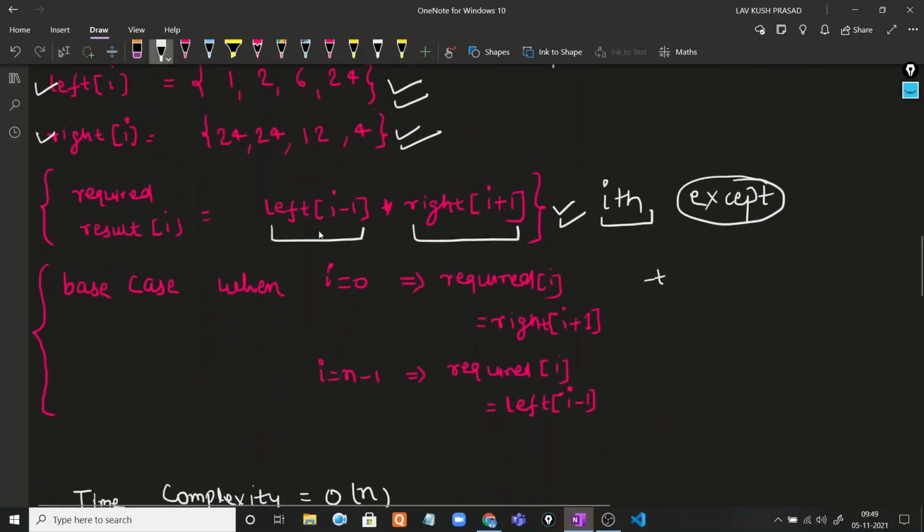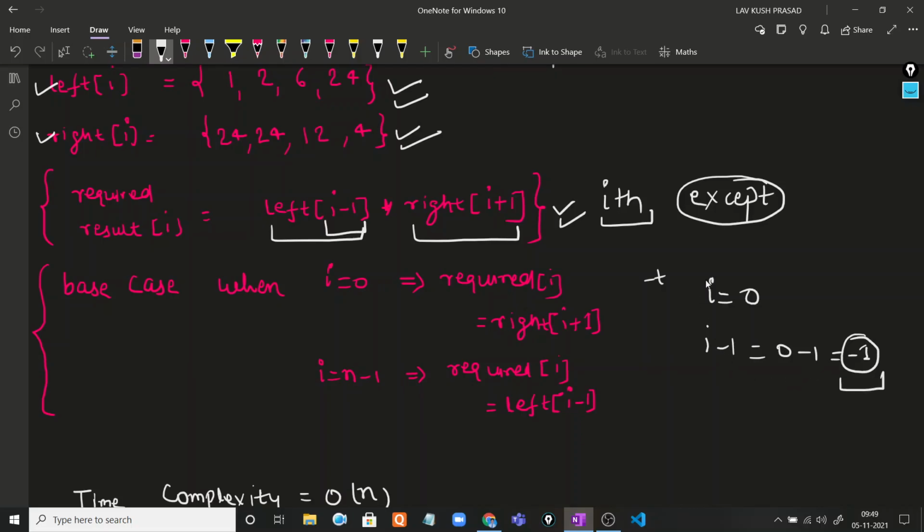What is the other base case? Let's suppose i is equal to 0, right? If i is equal to 0 and we calculate this value, i minus 1 is 0 minus 1, which is minus 1, and it is not allowed to access any element whose index is negative.